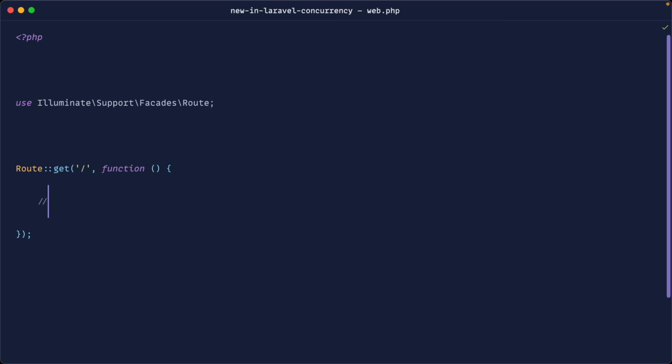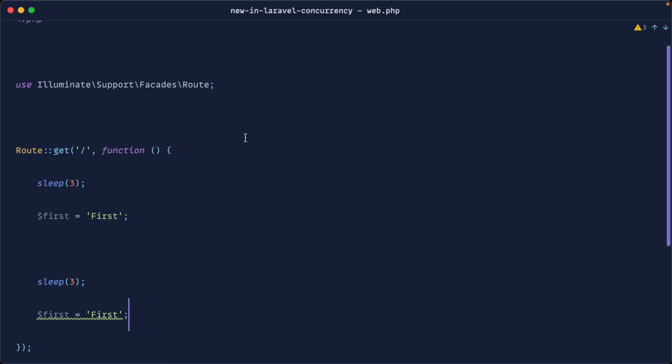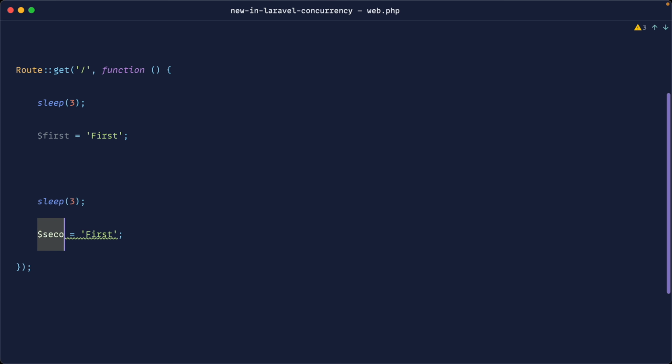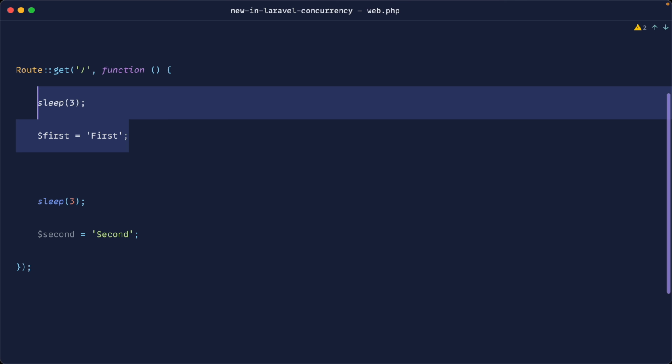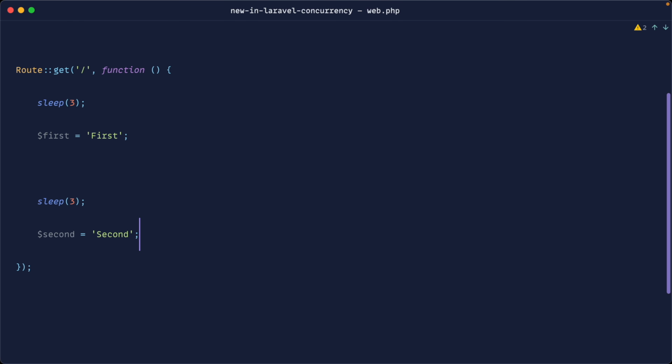Okay, so to start with, let's mock out two longer running processes. So for example, let's say that to assign a variable, which of course wouldn't be the case, this took about 3 seconds. Just imagine that this is a class that does something within your applications. I'm just going to add a PHP sleep in here for 3 seconds just before I assign this value to this variable. And then I'm going to do the same thing down here for the second value. So just imagine these are two separate classes that run some sort of action or their database